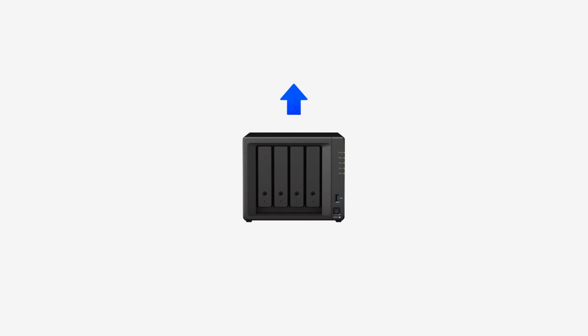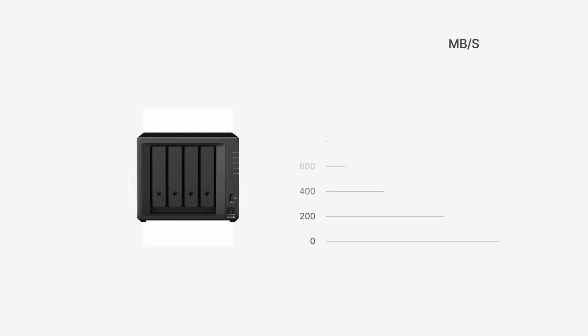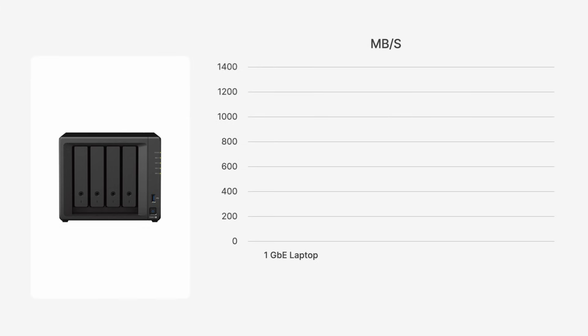So we've talked about upgrading your NAS, but what does that actually mean in terms of its raw capabilities of throughput and data transfer? Let's compare a standard 1 gigabit Ethernet laptop to your DS923 Plus. With the 1 gig card, your laptop is going to be able to transfer a little over 100 megabytes a second. If you check out the 923 Plus, its specs do over 200 megabytes a second, both read and write. This is because the 923 Plus has 2 1 gigabit ports.